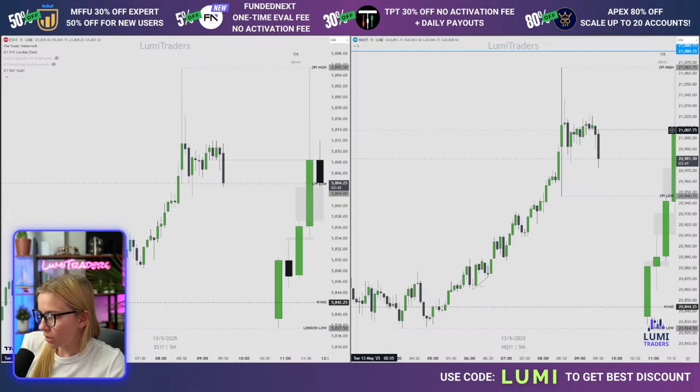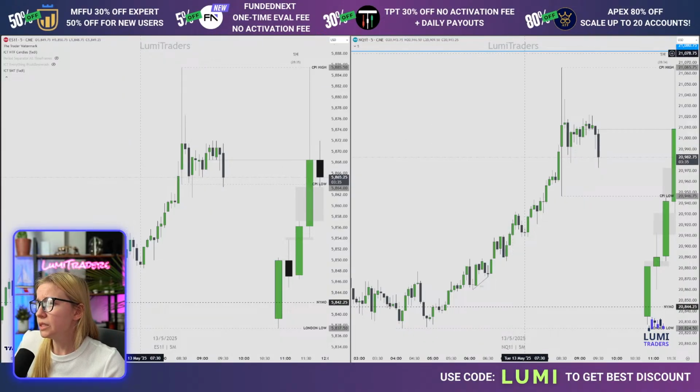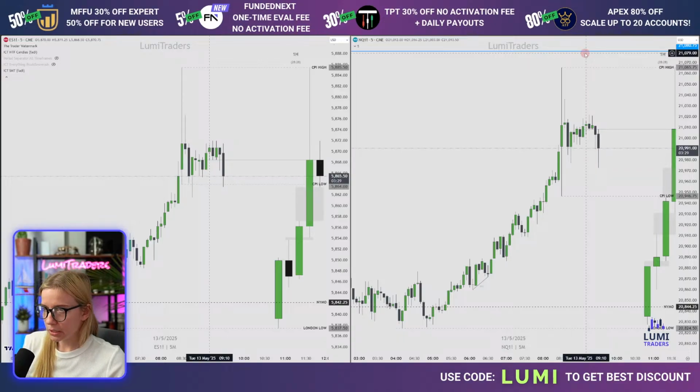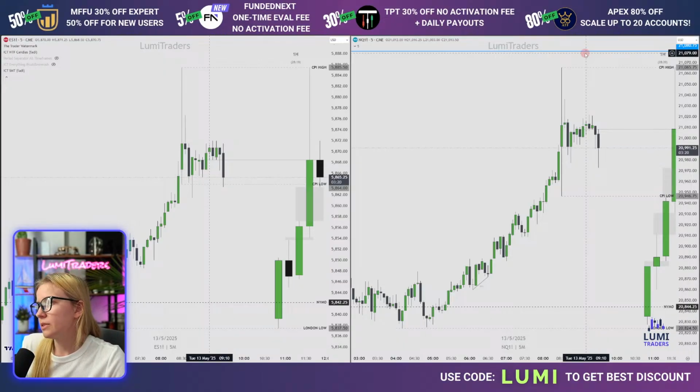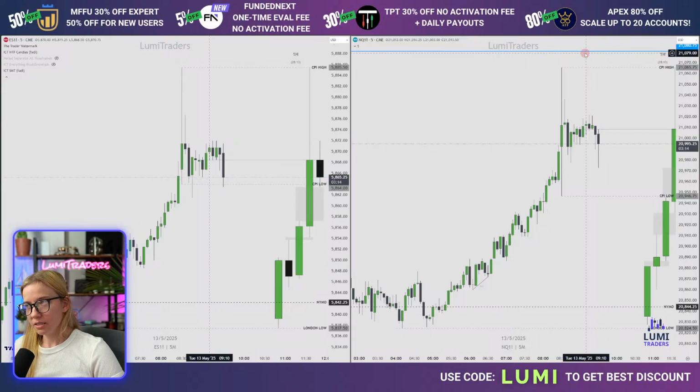Because if it wants to react from CPI low, it should pump us higher above CPI high. And this blue line on my NQ chart is the weekly breaker block. So the question is if it wants to create a new high of the day, which I call RTH high of the day, and offer a 15-minute smart money reversal to short to New York midnight open. Guys, what is your bias?